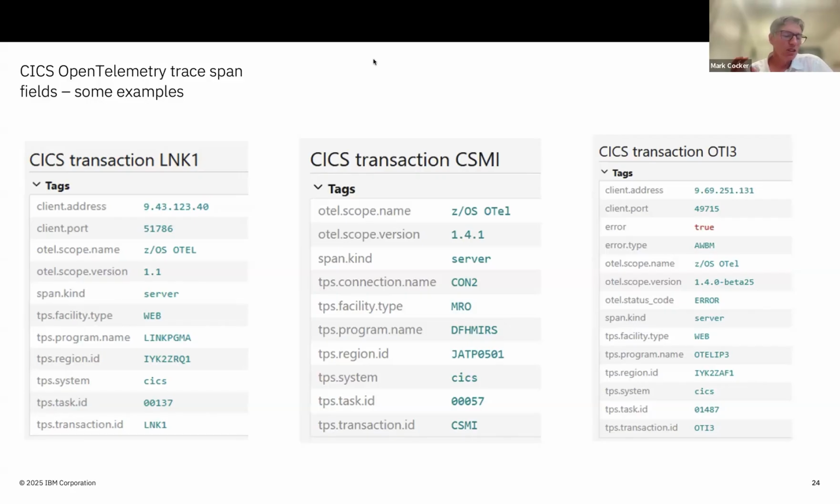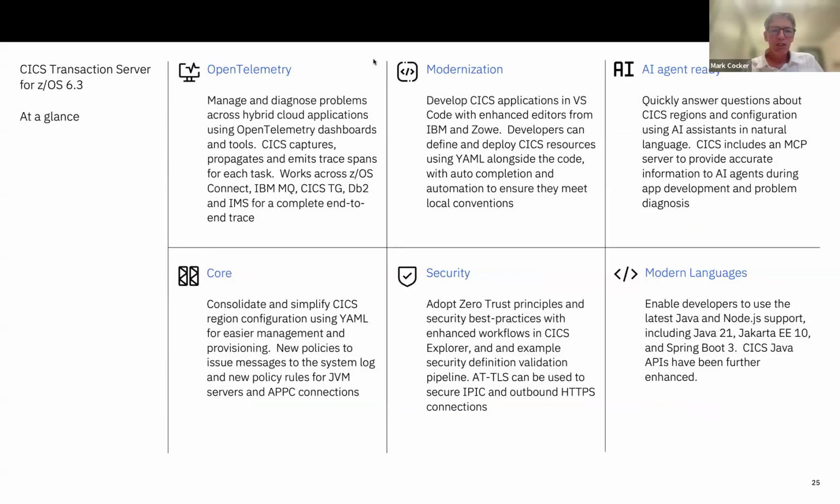So as I say, this is not designed to diagnose problems. This is designed to identify where work was run, when it started and finished, and if you like, its connection points to other things, but not to replace things like monitoring or statistics, or indeed deeper diagnostic tools like dump analysis and so on. It's not designed to do that. So that was pretty much it. I just repeated the slide that we saw before. So I'll just ask if there are any questions.